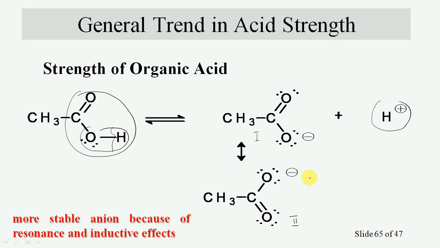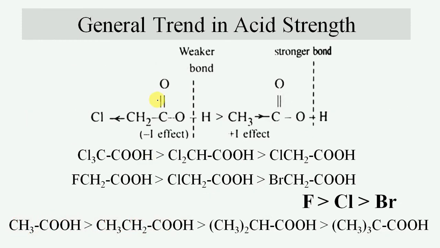The strength of carboxylic acid depends upon the cleavage of the OH bond and the resonance stabilization of the resulting carboxylate ion. The more stable the anion, the easier is the formation of carboxylate ions and the release of the proton. An electron withdrawing group such as chlorine will withdraw electrons from the carbon atom, giving it a slightly positive charge.